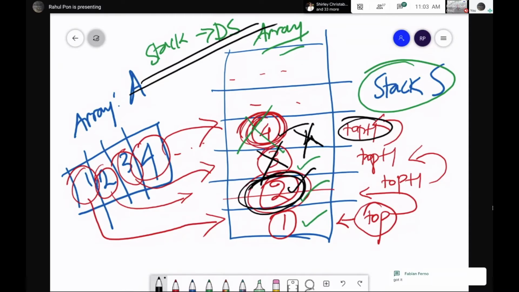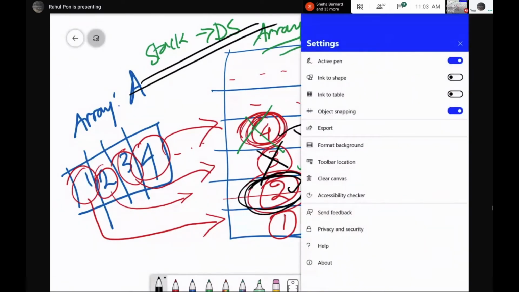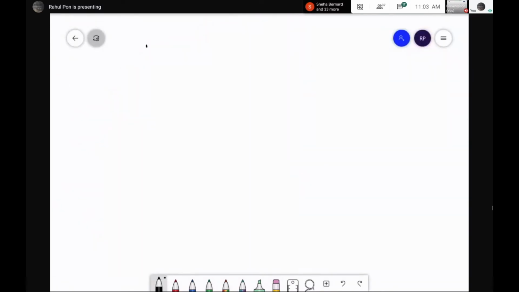Don't get confused. If you don't understand stack also, it's fine, no problem. I will tell you what a widget tree is now, and after this, I will tell you what navigator is.